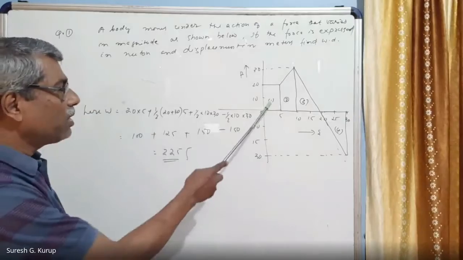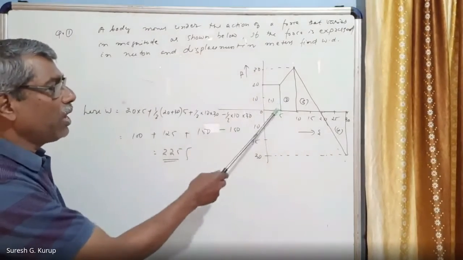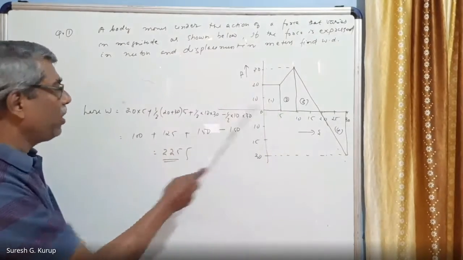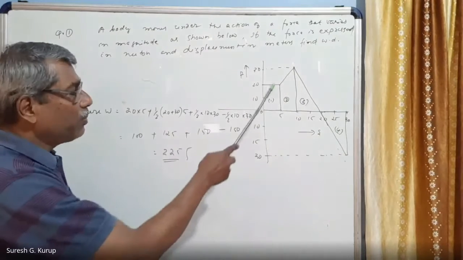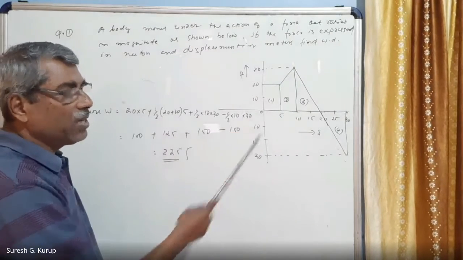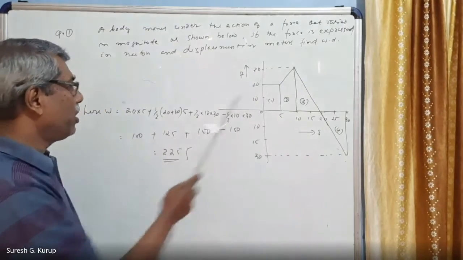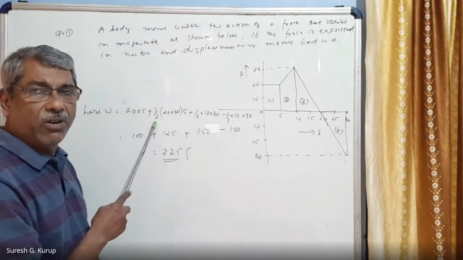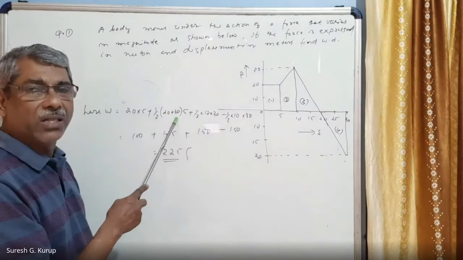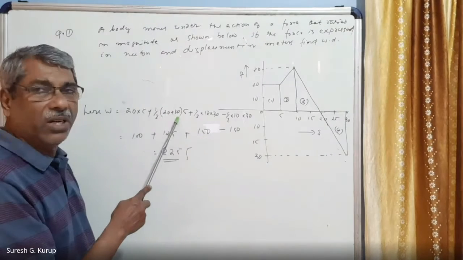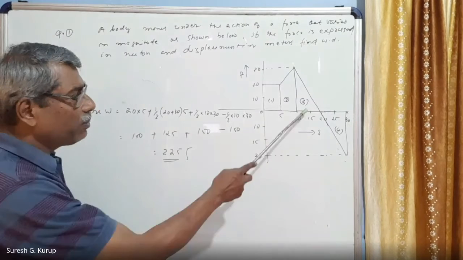In this case, this part is a rectangle. Rectangle means length and breadth. This is 20 and this is 5, since 10 minus 5 is equal to 5. So 20 into 5. And this is a trapezium. In a trapezium, these are two parallel lines and this is the perpendicular distance between them. The parallel sides are 20 and 30. So the area of a trapezium is half into the sum of the parallel sides, 20 plus 30, into the perpendicular distance, that is 10 minus 5 is equal to 5. Right?